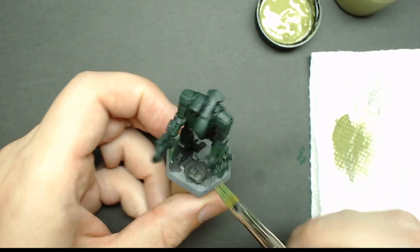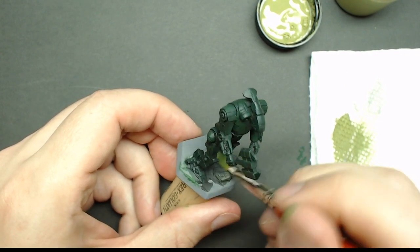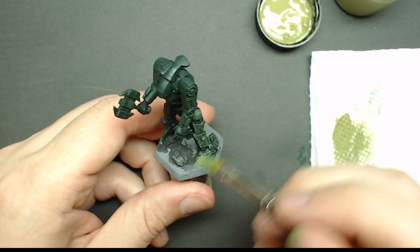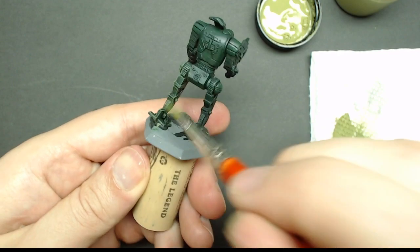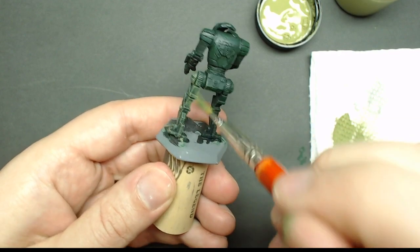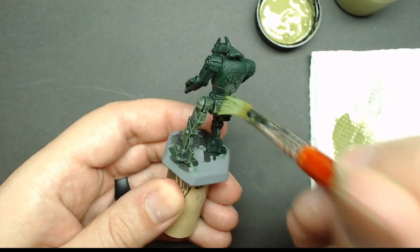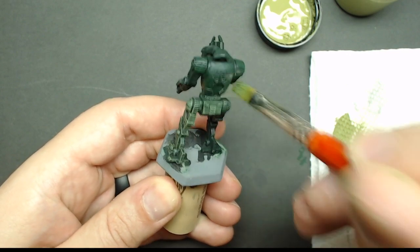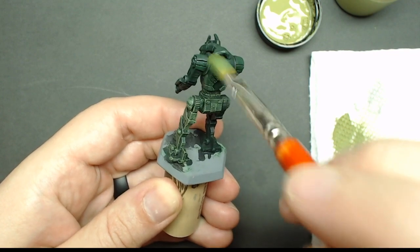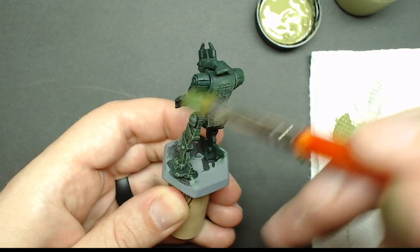And the other thing too, why are we doing 3 layers when you can just do olive drab right now and call it done? Well, you could easily just dry brush it and call it good. That's fine. But what we're doing by adding these layers, which is 2 additional layers, is we're setting more and more shadows and more contrast, and we've got a gradient from a darker color to